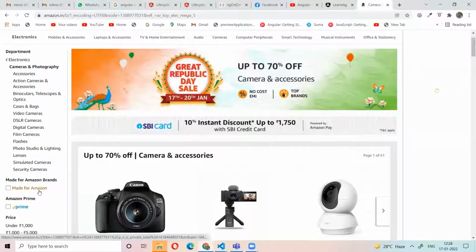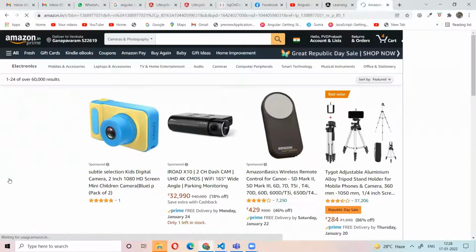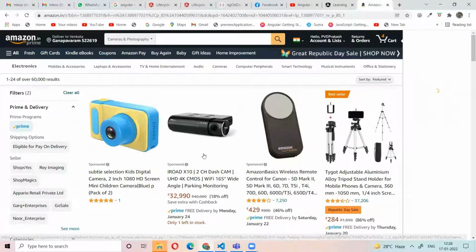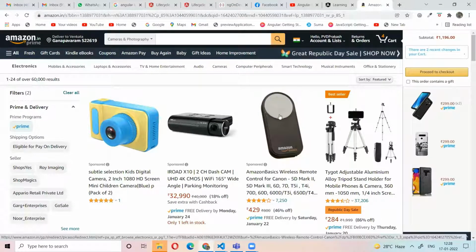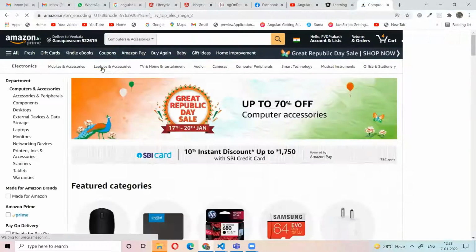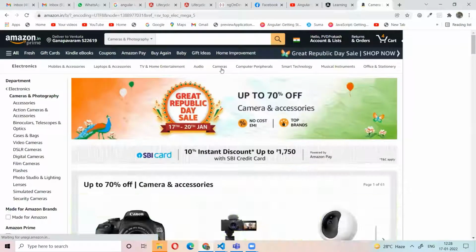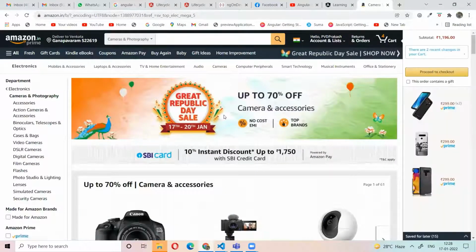In the camera page you apply a filter. Now you go to the laptop page and again come back to the camera page. Is the filter still applied or not? Not, right?